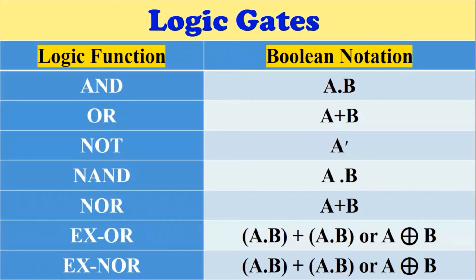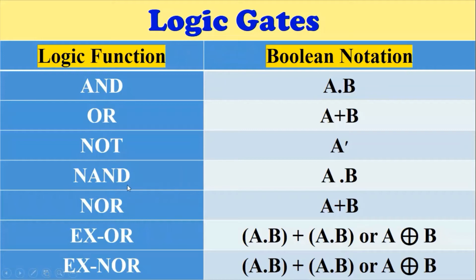Logical gates, as we have discussed in the previous diagram, perform different operations. So what are those different logical gates? Number one is the AND gate, and the Boolean notation, if we have two variables, is a dot sign. The dot sign denotes the AND gate. The next one is the OR gate. OR gate means plus sign. If we have two variables, a plus b. NOT means a bar, and it is also called an inverter.